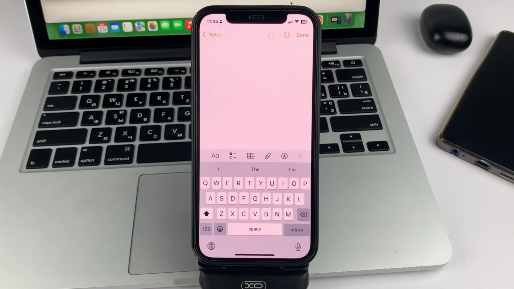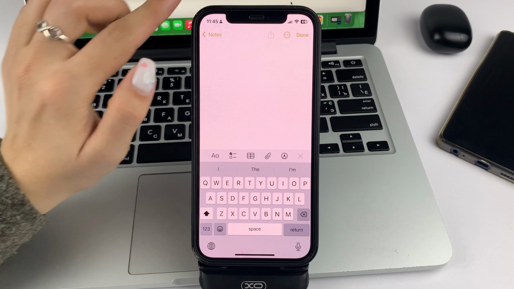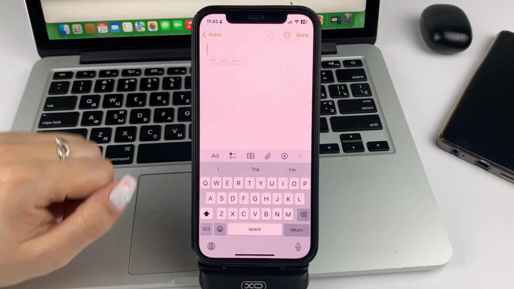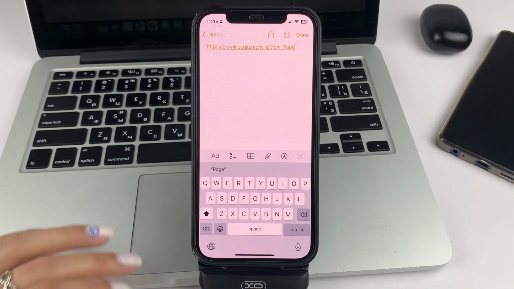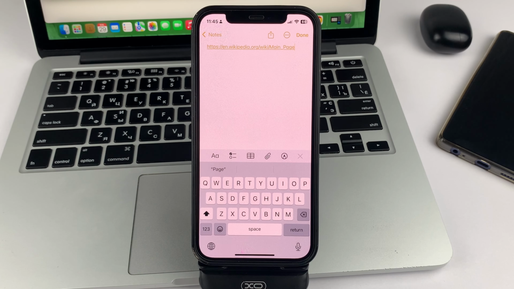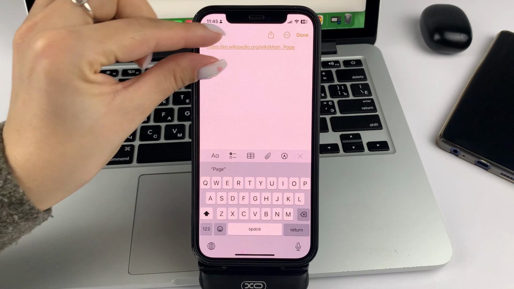And here, in order to send this link, you have to click on the message bar or on the notes field and hold down, and then you take paste. So you'll have a link to a specific site, either like this or just the name of that site. For example, if you copy the link to Apple, then you will just see the word Apple as the name of the site, but clicking on it will still take you to that website.